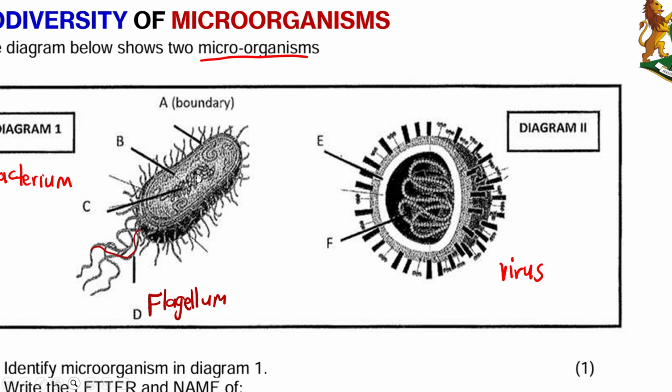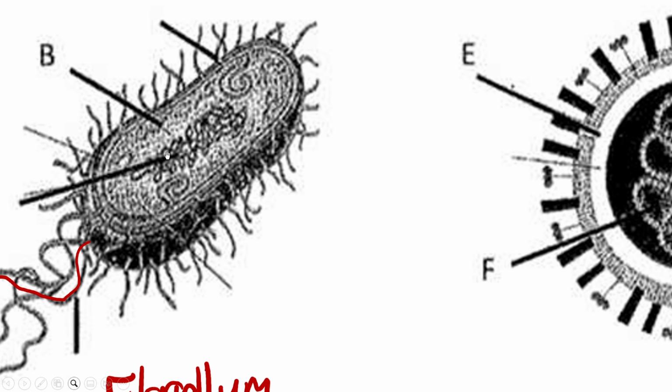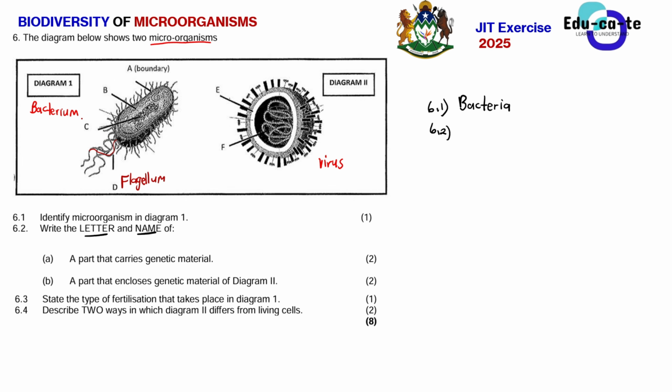This part, although not so clear from this, let me just try to zoom in even more. Although not so clear, but this is the nucleoid. This is the genetic material of a bacterium. Remember that the genetic material of a bacterium is not found inside a nucleus. It is found inside a nucleoid. So we just call it a nucleoid. It's a false nucleus. So part C is showing the nucleoid. We say it's known as the nucleoid. Please don't mistake it for a nucleolus or anything else.